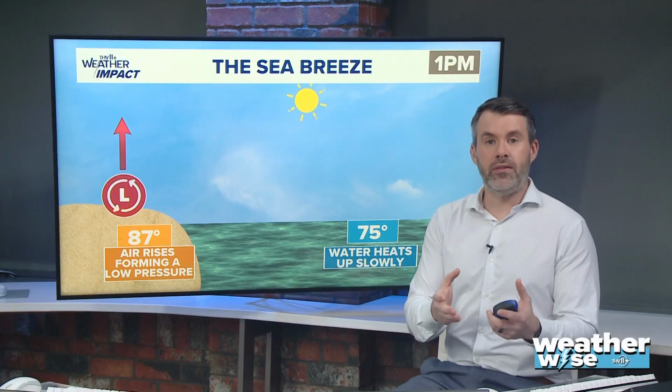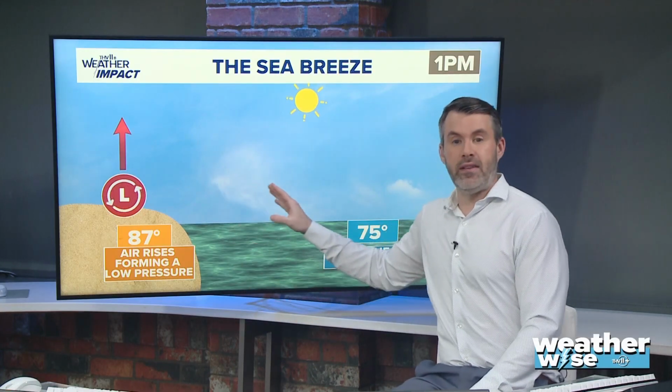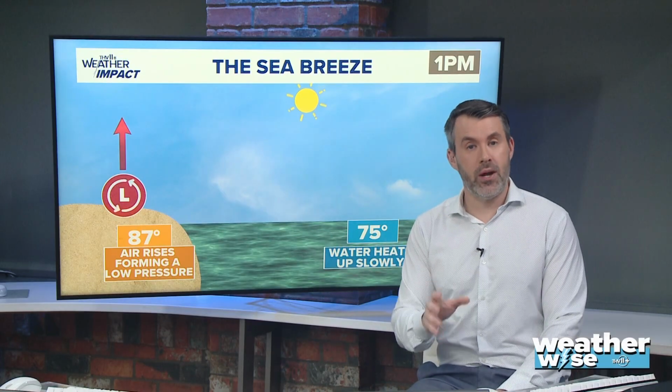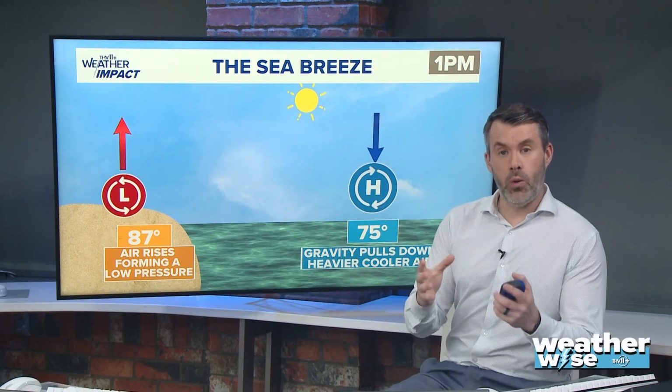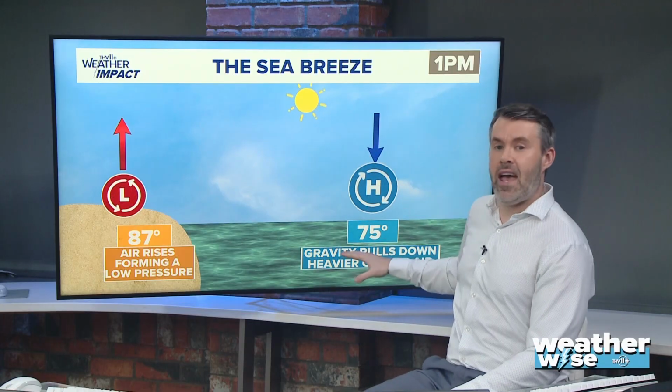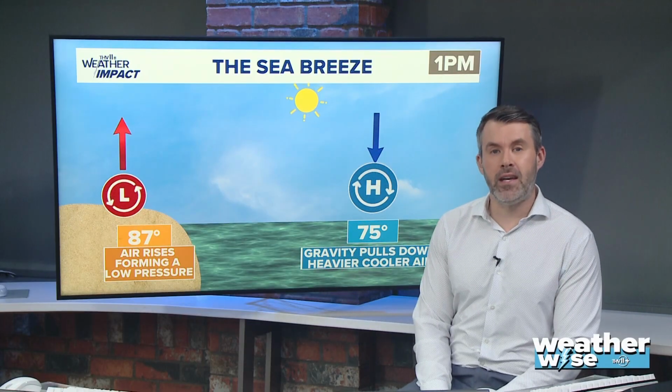This air is going to start to rise just because it continues to warm up. Warm air is going to rise around its surrounding environment. It's colder, or cooler, I shouldn't say colder, but cooler. This will develop an area of low pressure because warmer air is lighter than colder air. Meanwhile, over the ocean, the cooler air will start to sink down, and that will develop an area of high